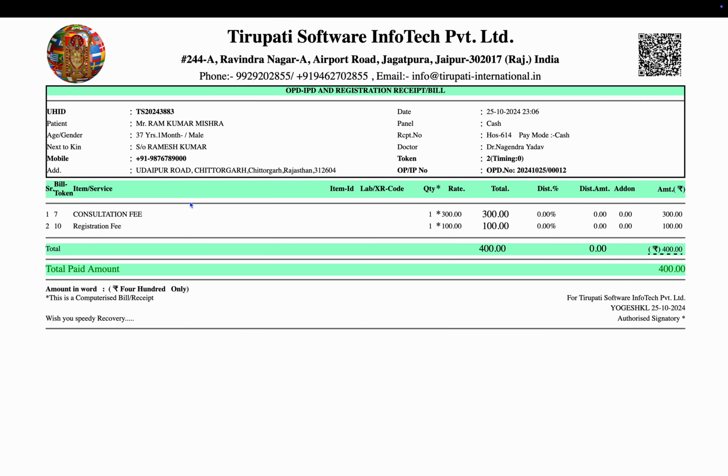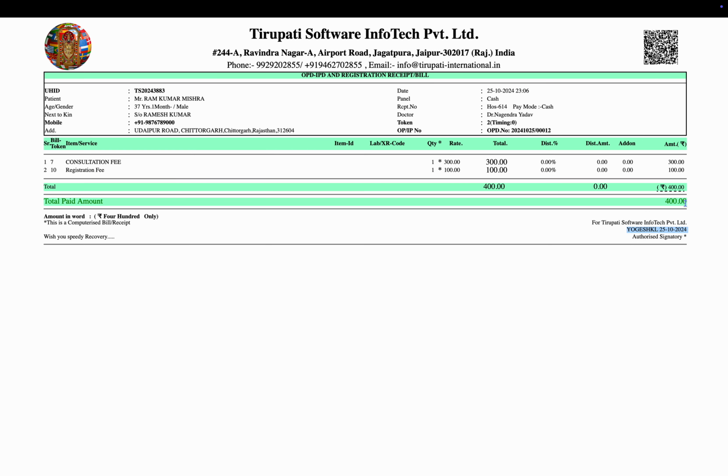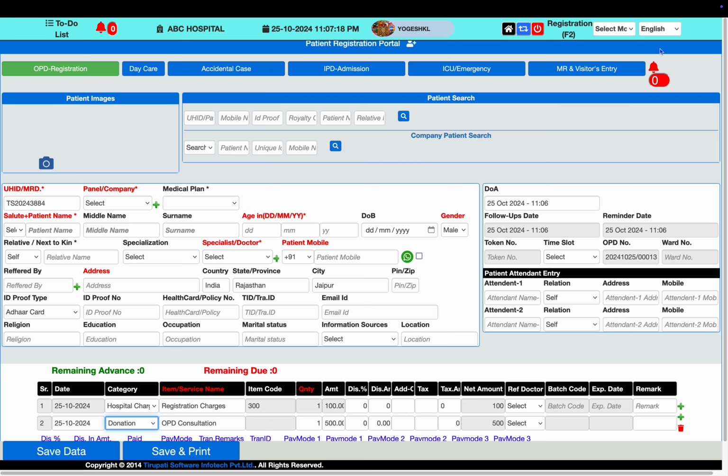It can be customized based on the hospital or institution, with patient demographic detail, service item and service details, paid amount information, mode of payment, and the user ID information generated. This QR code is scannable to open this document on your mobile screen also.